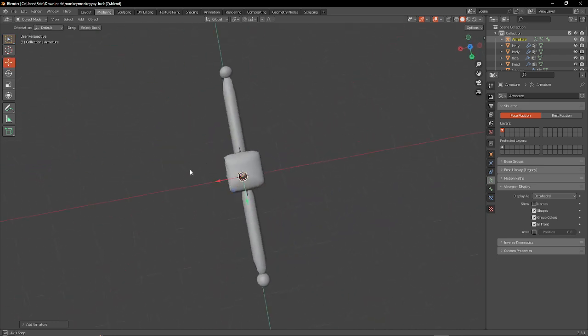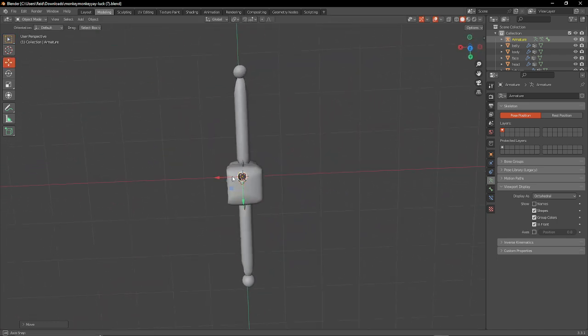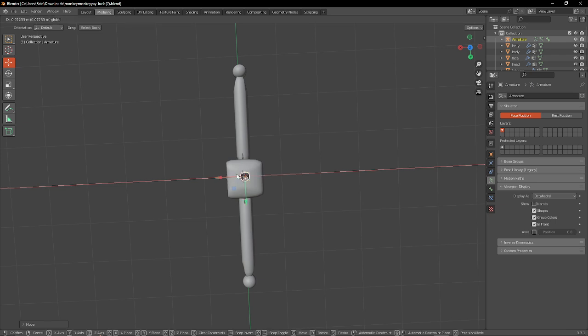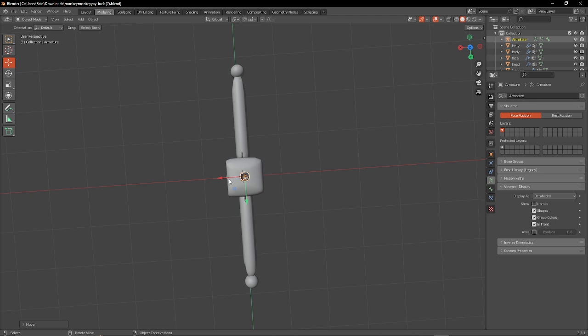And now you want to put this in the center between your arms. So put it around the middle of your arm, so that when you make bones around your arm for the arm to move, you want to make sure that